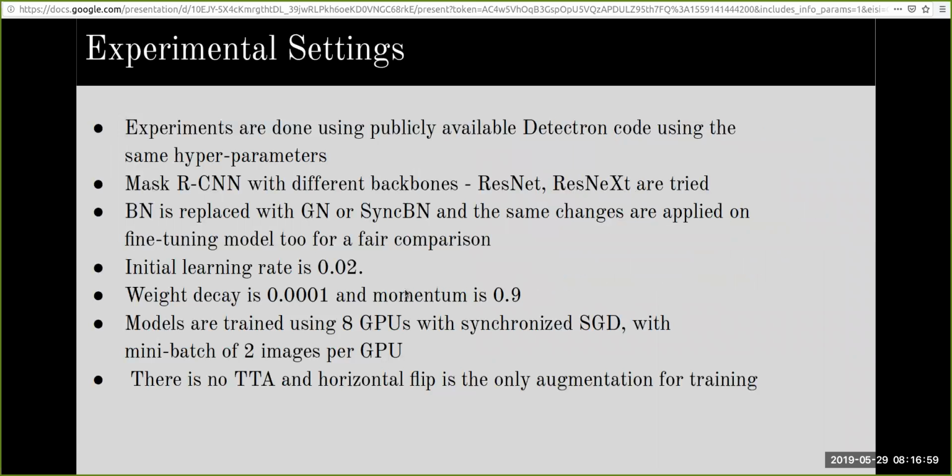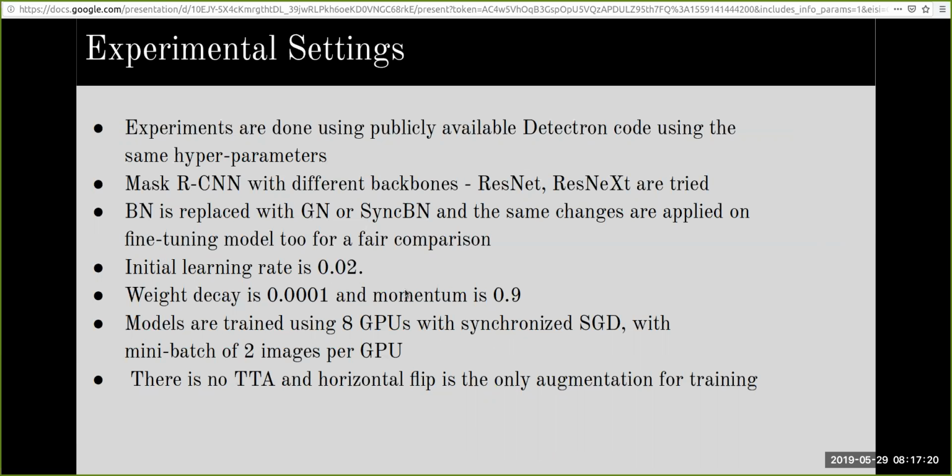So these are the experiment settings, the architecture and the hyperparameters that are used. As discussed earlier, the experiments use Mask RCNN with ResNet and ResNeXt architectures as a baseline. Group normalization or synchronized batch normalization are used as normalization methods.